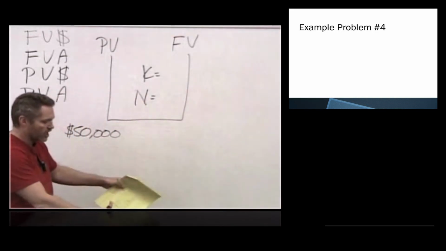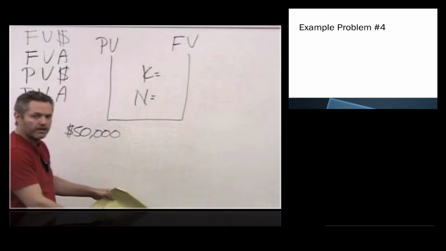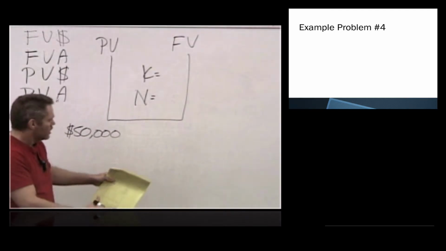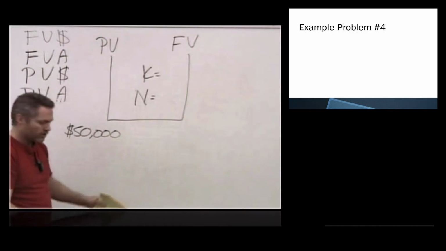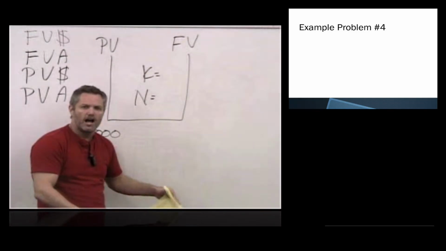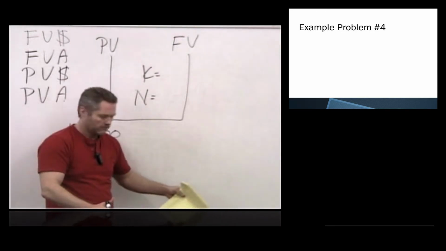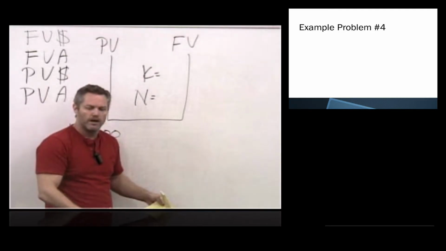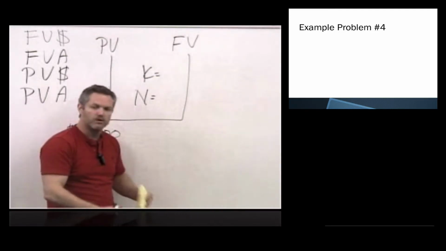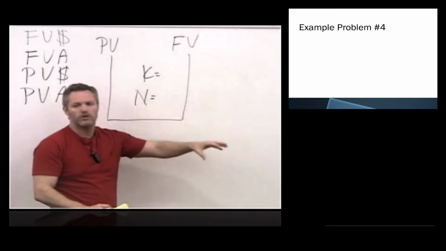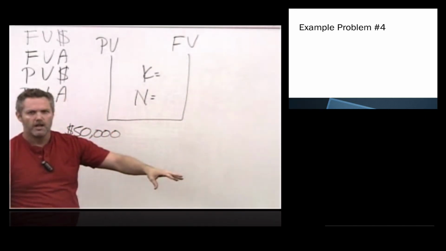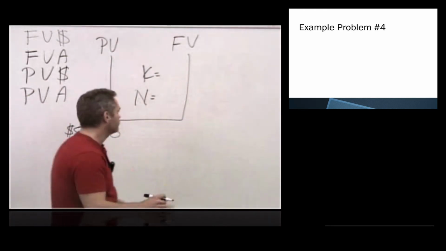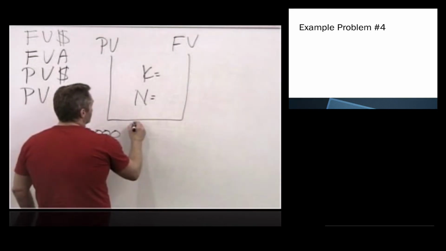So a $50,000 piece of machinery sitting right in front of me today is worth $50,000. If you go to sell this to some small business, do they have $50,000 sitting in their checking account? Odds are no, right? What they're going to do is borrow the money and put this piece of equipment into service. It's going to either increase their profits or cut their costs, and they're going to use the savings or additional profits to pay for that piece of machinery. So let's say that you get promised